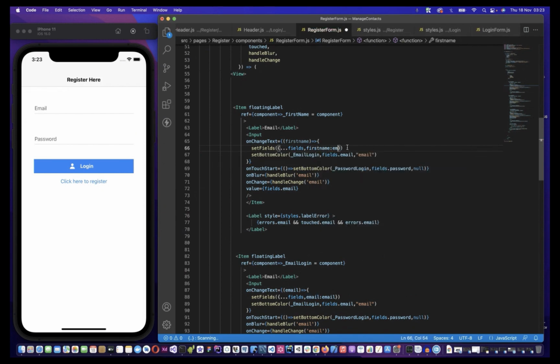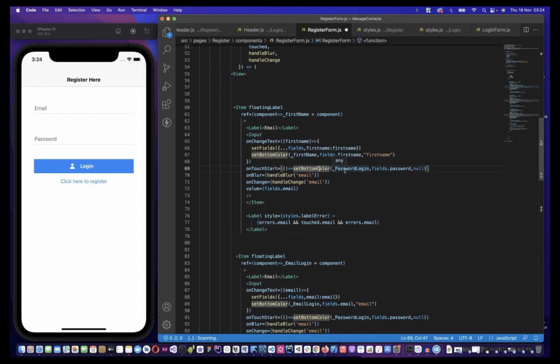And this would also be first name too. And then our function here, this would be first name. And the fields that we'll be validating again would be first name. And the reference for this element is first name. And here too,